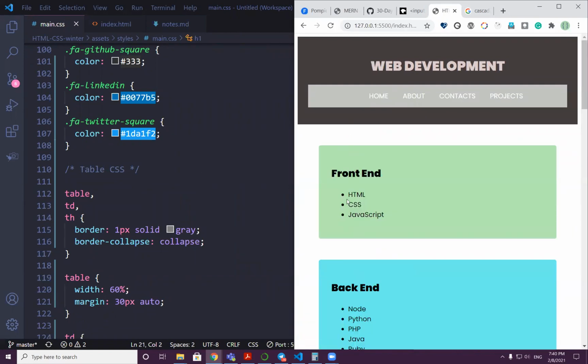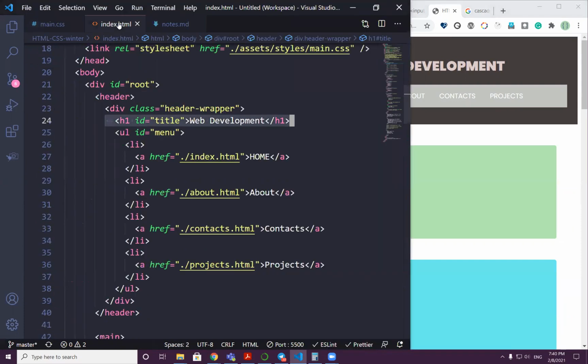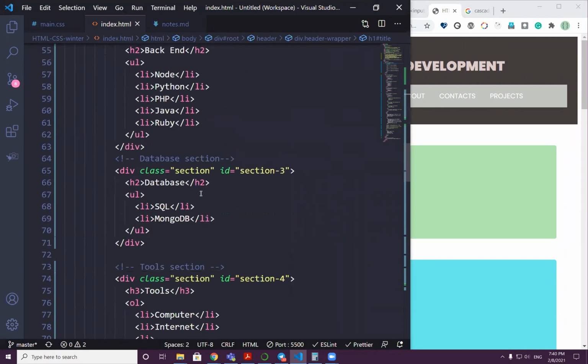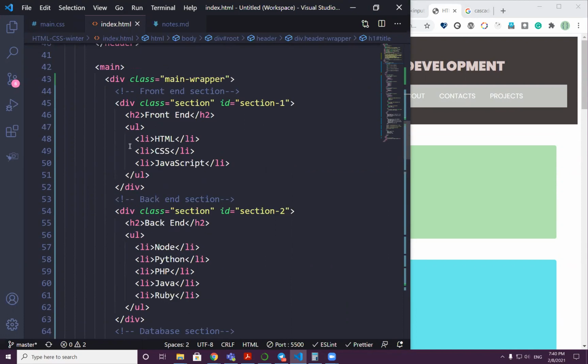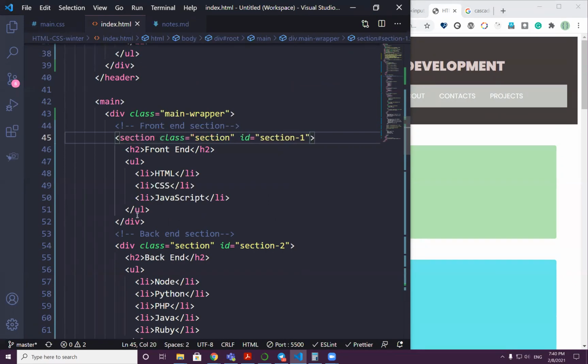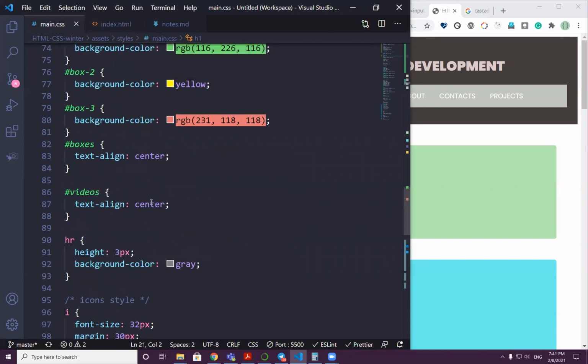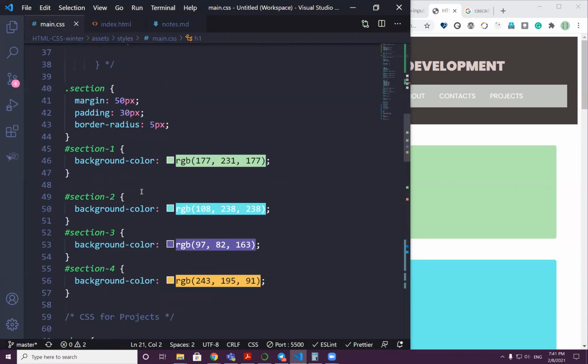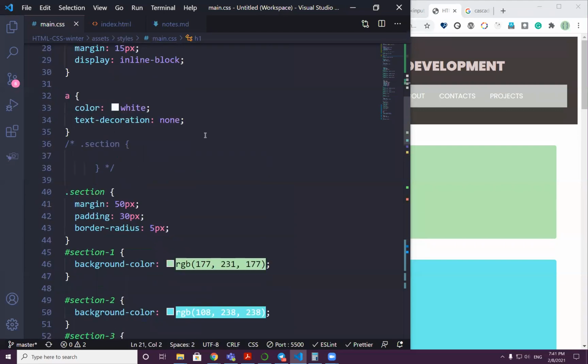I have no idea why this was not. Oh yeah, I figured it out. Yes, that is true. Let me check again. What do we have here? Let me change this to section. And nothing is changing. Maybe because we are using this ID, section one. The section one, what's the background? It deals with only the backgrounds. For instance, does it affect the